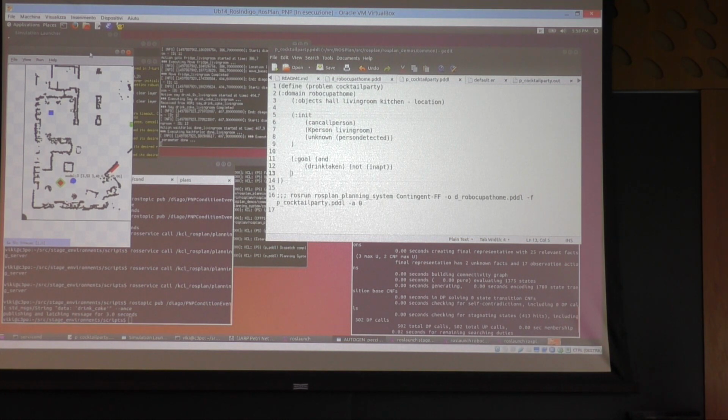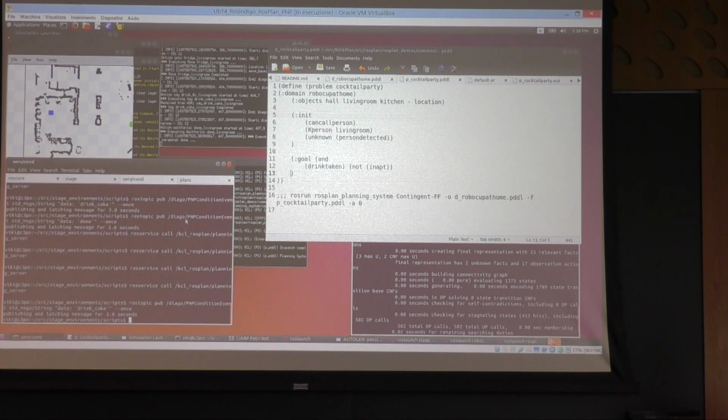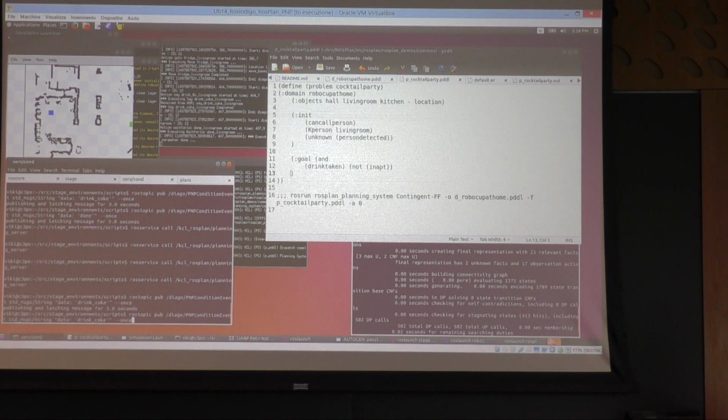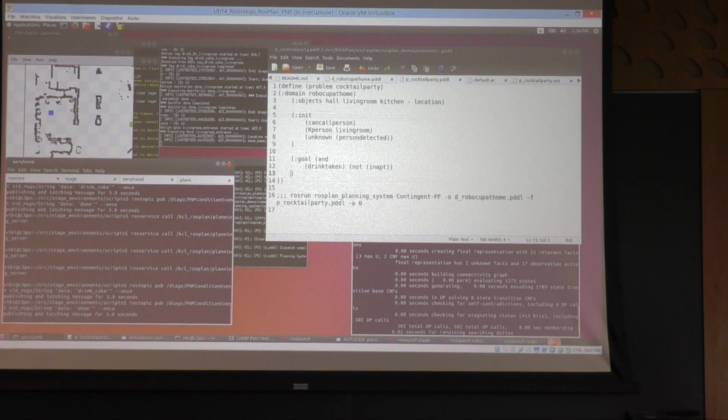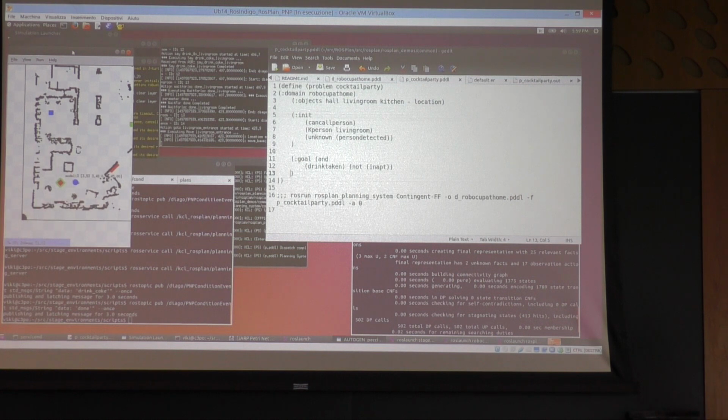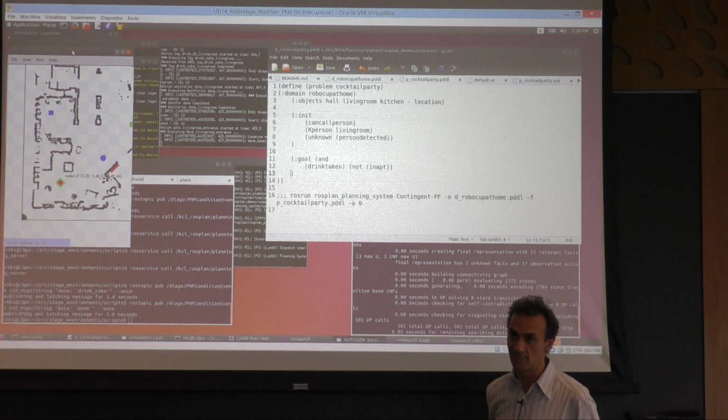Now it's waiting for a signal from the human, and the human will, for example, say thank you, or will say something, or will click an interface. This is simulated with the condition done. That means that the user has taken the drink, and now the robot will exit the apartment.